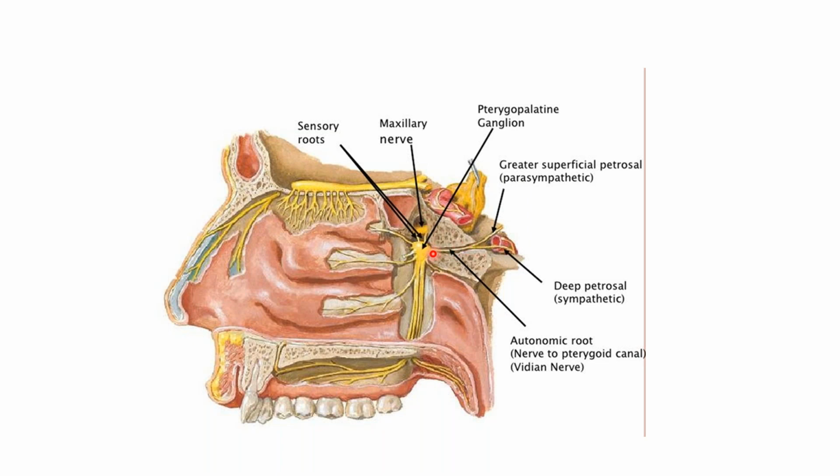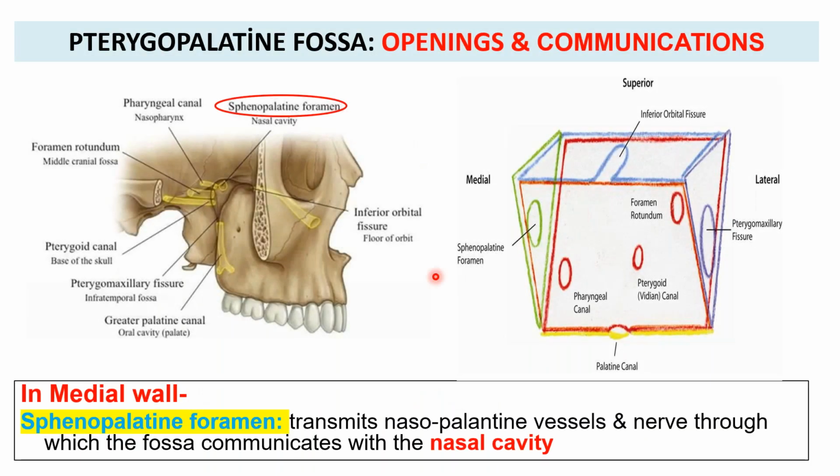So this is the posterior wall of the pterygopalatine fossa, through which the posterior opening is the pterygoid canal, and this is the foramen rotundum, and this is the pharyngeal canal or the palato-vaginal canal. So all these three in relation to the posterior wall are seen over here. So we are done with the communications of the posterior wall of the pterygopalatine fossa. These were the three. Now coming on to the medial wall.